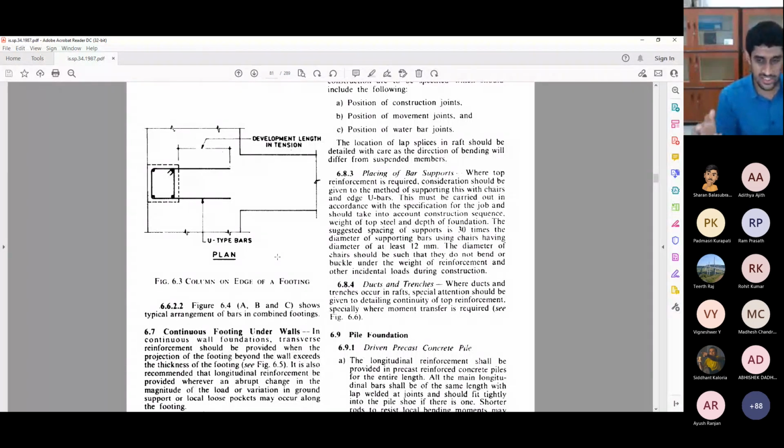If there are no moments, it is just a subset of the problem which I have solved now. Meaning that the pressure distribution at the base will not be a trapezium, it will be a perfect rectangle. So there's no need to calculate what the pressure is at d or at d by 2. No need for interpolation or anything, everywhere the pressure will be the same. So that convenience is there if there is no moment. And of course, to decide the base footing size, again it is just P by A alone. You can make it square. So it's easy to find the dimensions also. Everything becomes easy if it is only axial load.